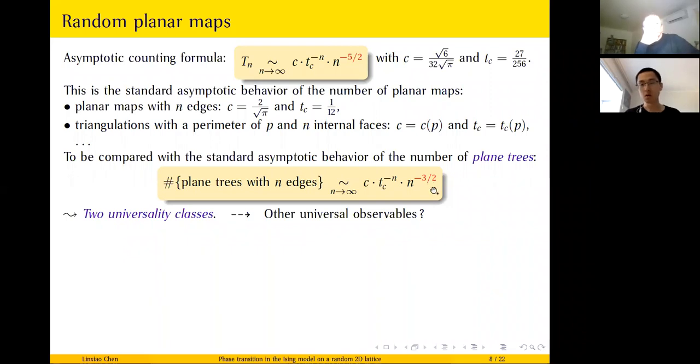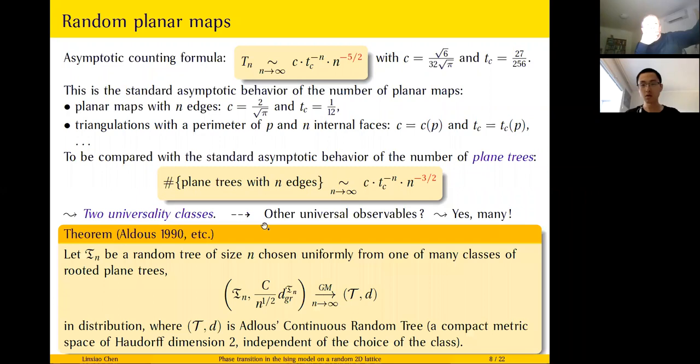And well, having an exponent is nice, but the question is, are there other universal observables? And the answer is yes, and actually a lot of them. So for example, one way to summarize this large number of universal observables